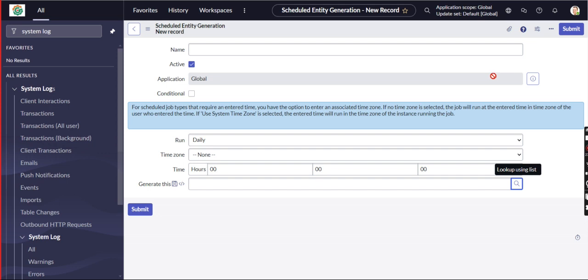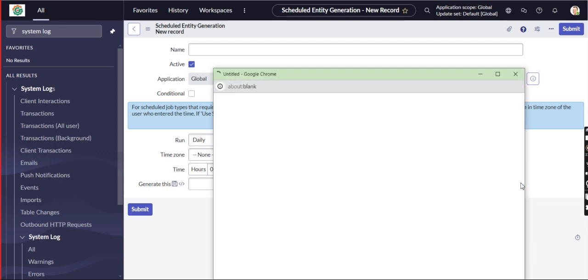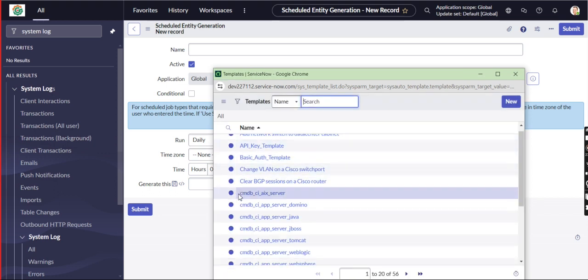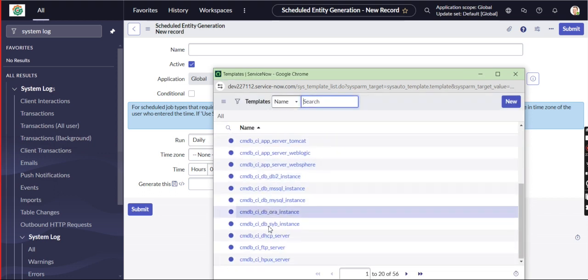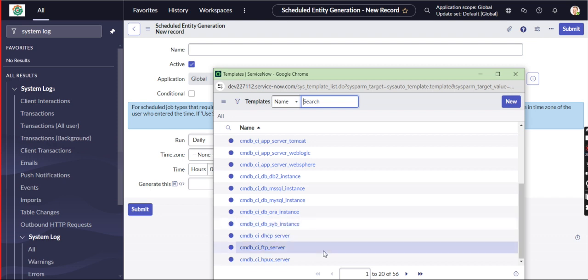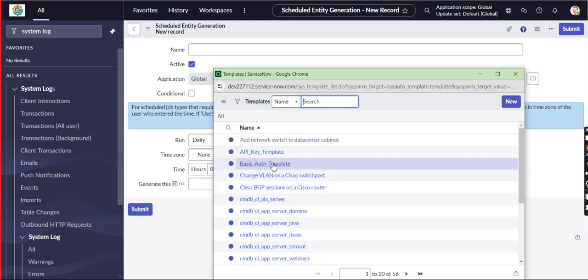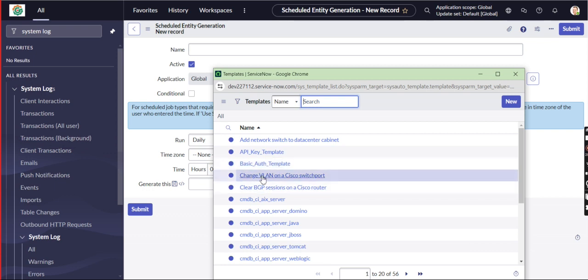Okay, those three are very important, especially the second one. So that is from the template base. Whatever templates are there in this reference, we get those related details directly by the particular scheduled job. So that is the basic authority or change VLAN.